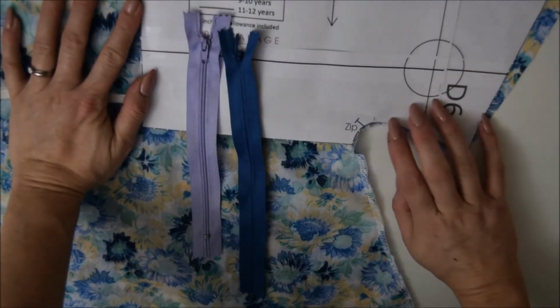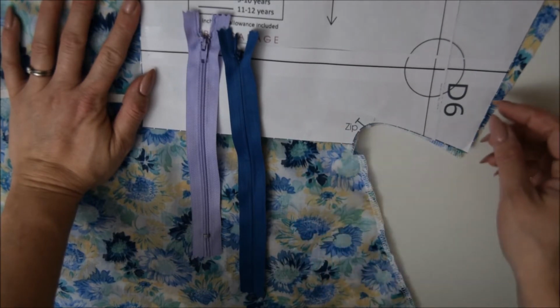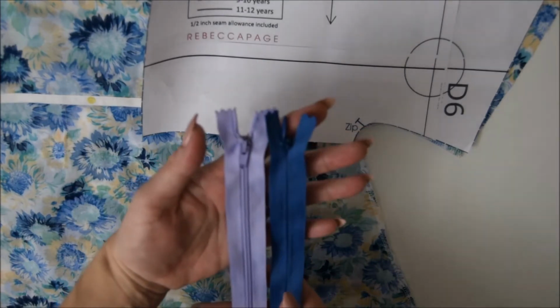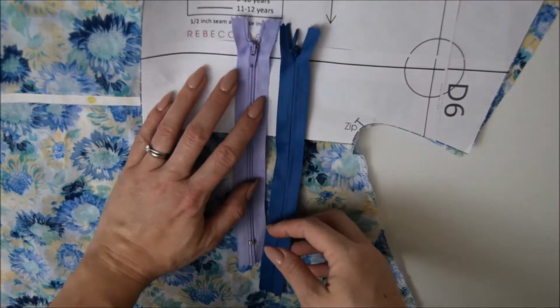Firstly, you'll need your top back woven pattern piece, which shows you where the zip aligns. And then secondly, you're going to need an invisible zipper. Now, just in case you're not sure what the difference is between an invisible one and a non-invisible one,